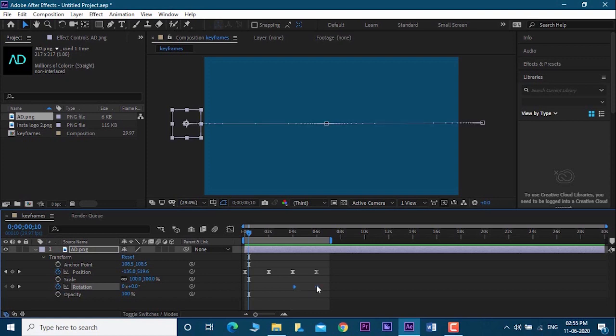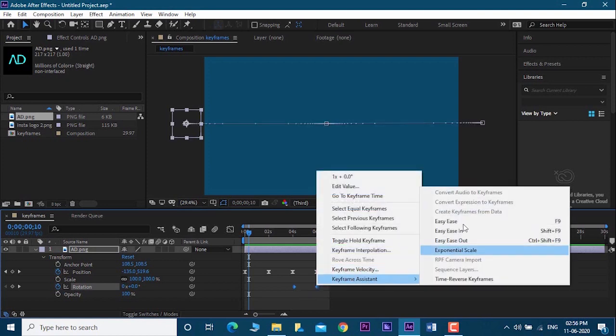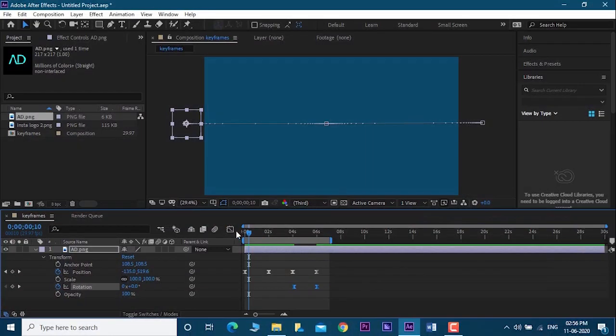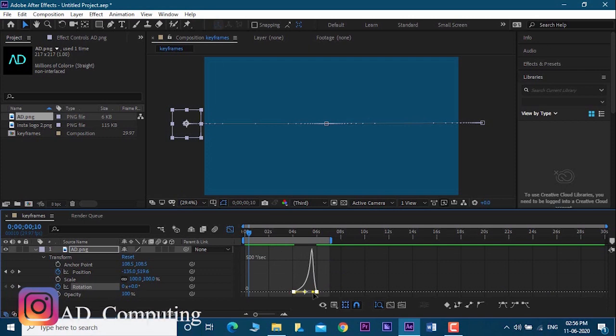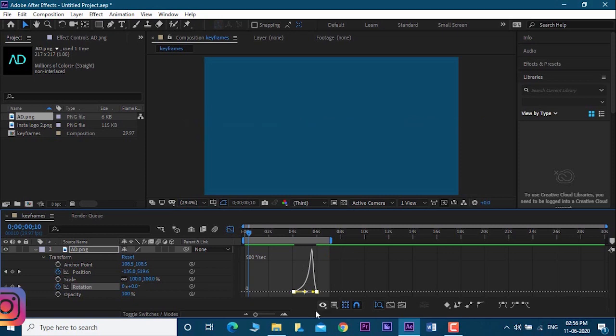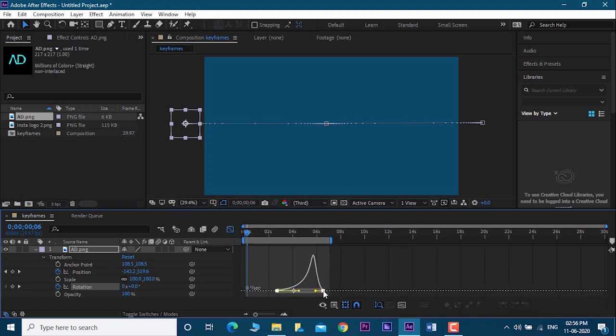So select these keyframes, again go to Keyframe Assistant and press Easy Ease. Now we are again going to the graph, and let me select these points and change the graph settings. In this way I have changed it. So let's play this. You can see this area is very fast and it goes very simply. I want to rotate it more, so let's change the graph settings more,